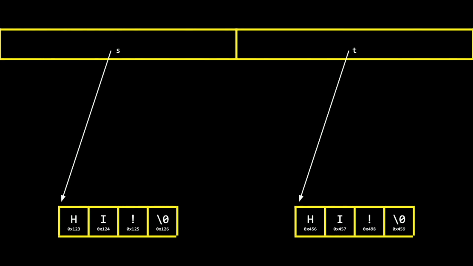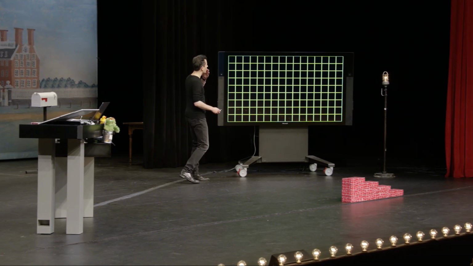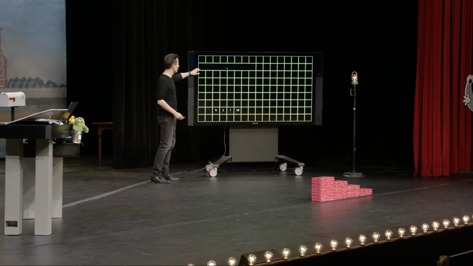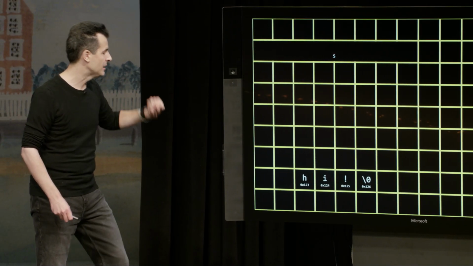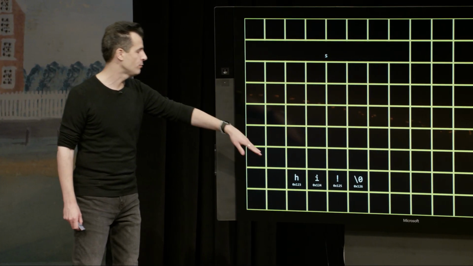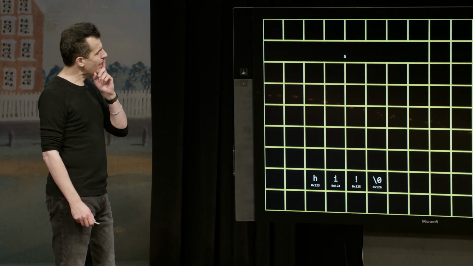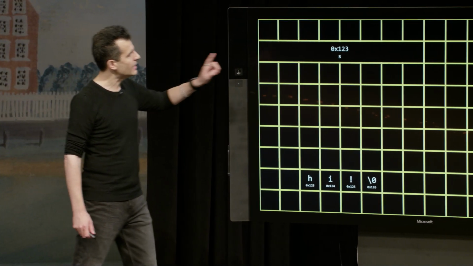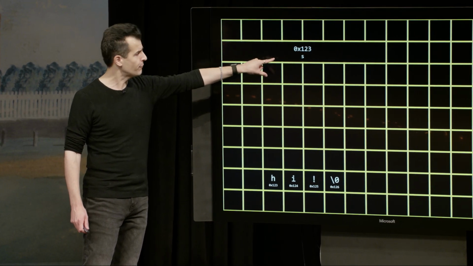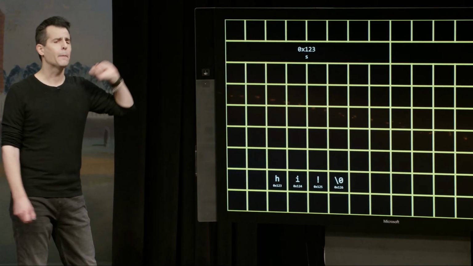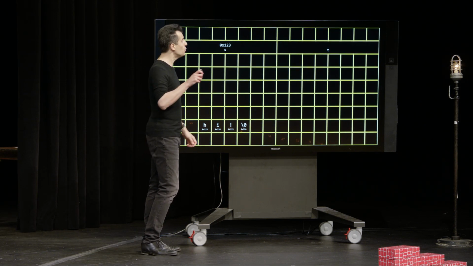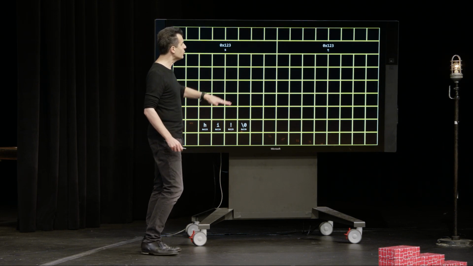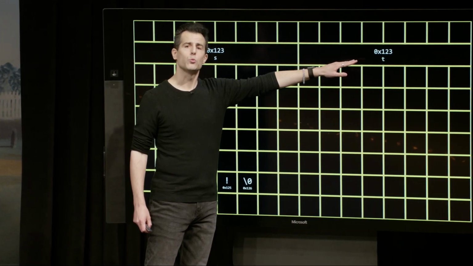So if we think about this in terms of the computer's memory, let's consider what I've just done. Let me clear the computer's memory. Let me put s down as before. Let me put hi down as before, but all lowercase this time. And recall that it might be at addresses 0x123, 124, 125, and 126. And now, if we consider that s technically contains the address of that first character, 0x123, and I proceed to create a new variable t and assign t the value of s, I've got to take that statement literally. I'm literally just putting 0x123 here.